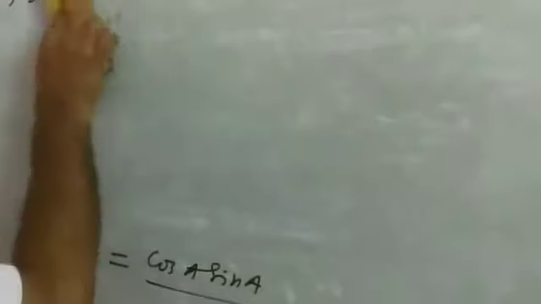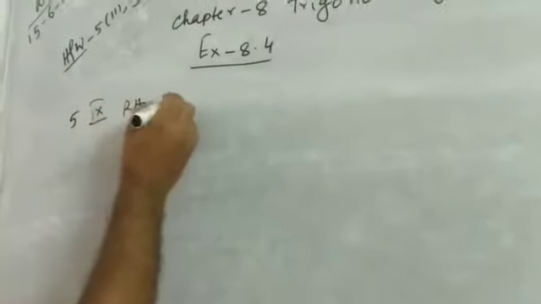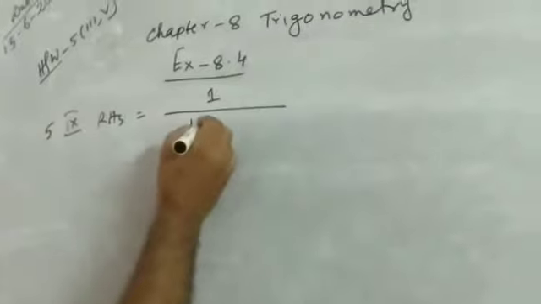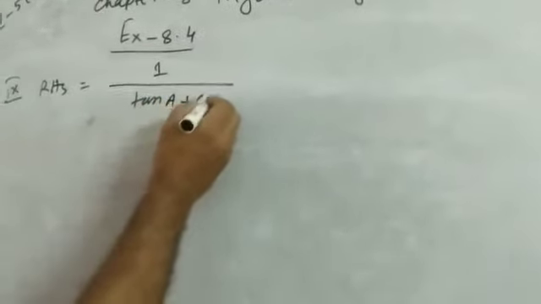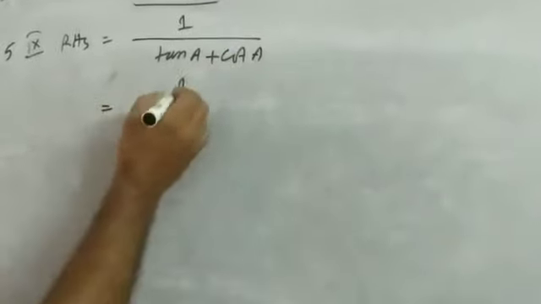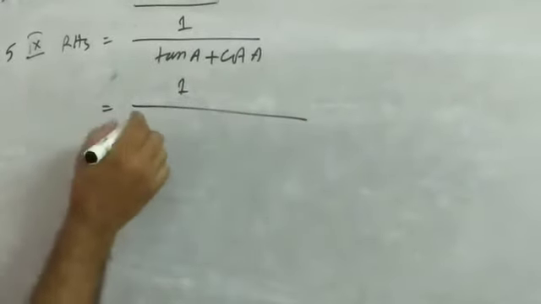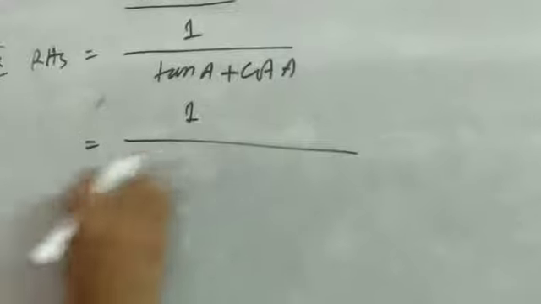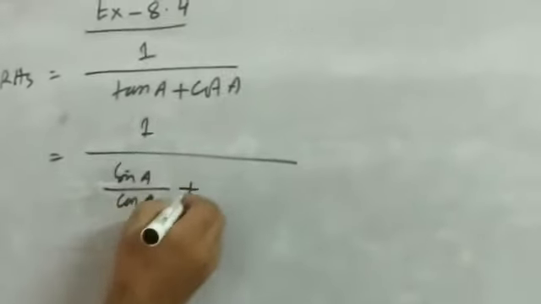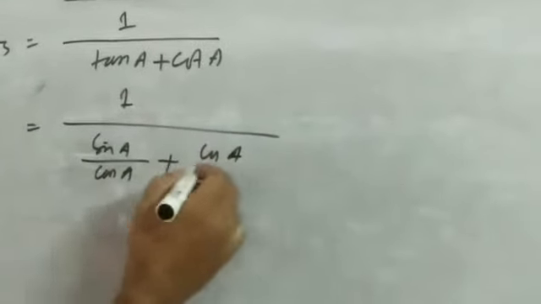So this term we will get cos A plus sin A. Right hand side now: 1 divided by tan A plus cot A. See how to simplify that. Since on the left hand side terms we got cos and sin, this will change to sin and cos. So tan A we can write as sin A by cos A, plus cot A, it is cos A by sin A.